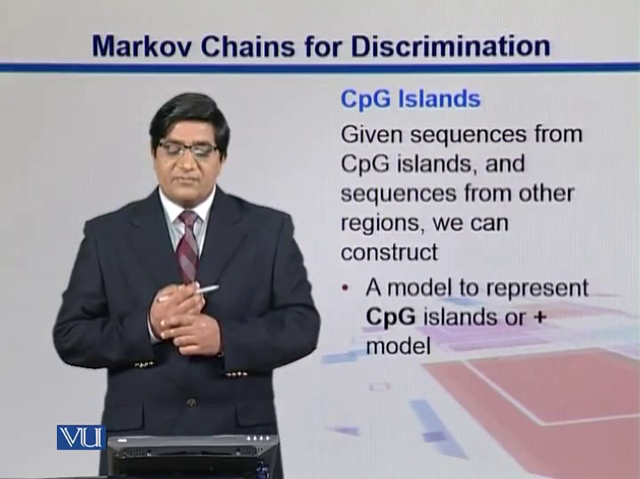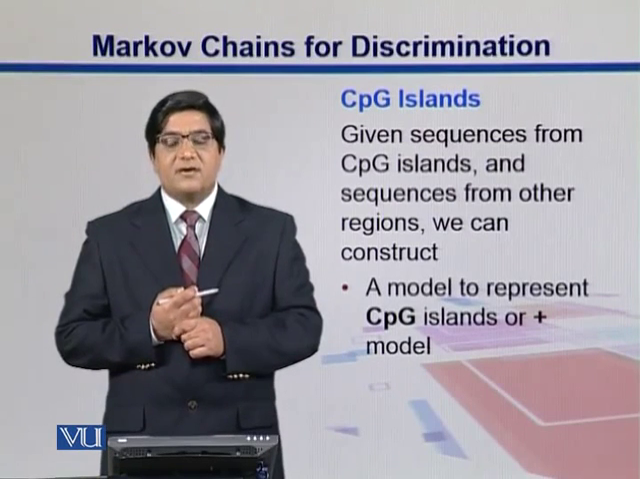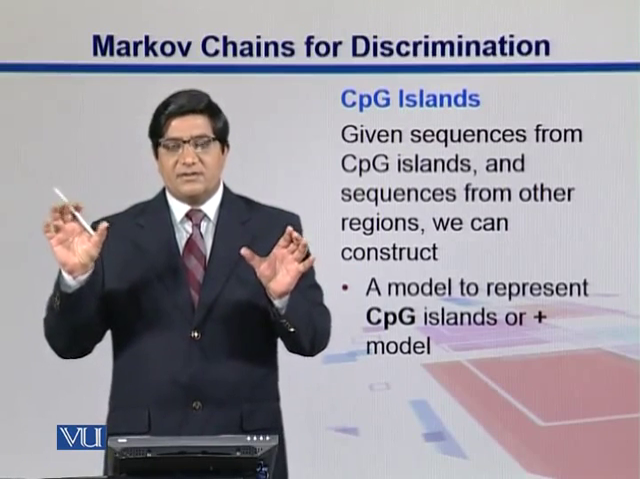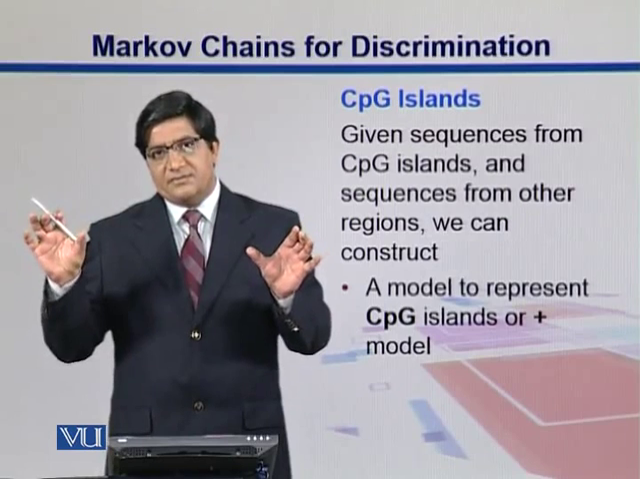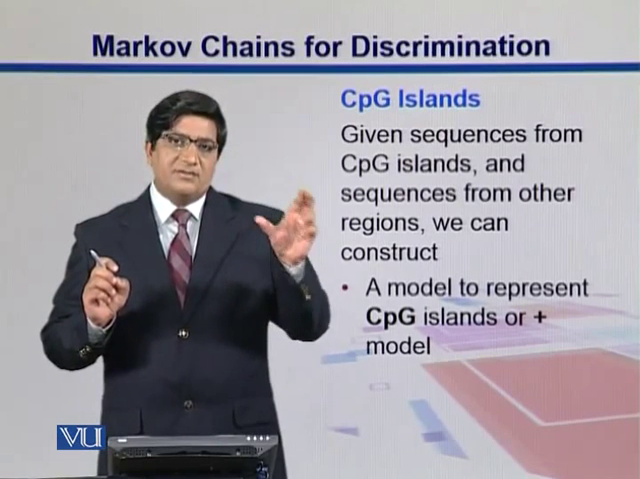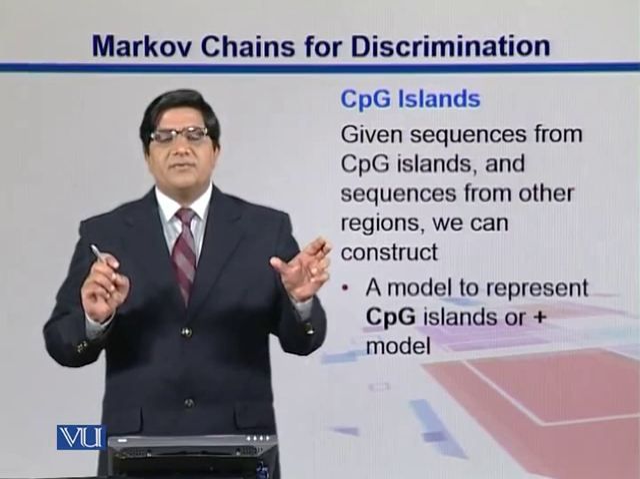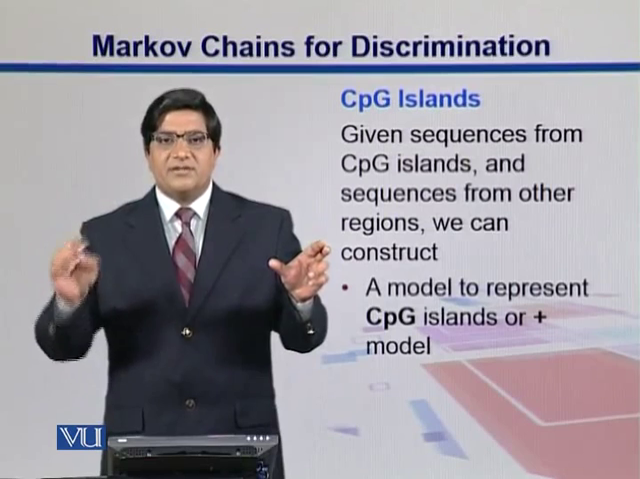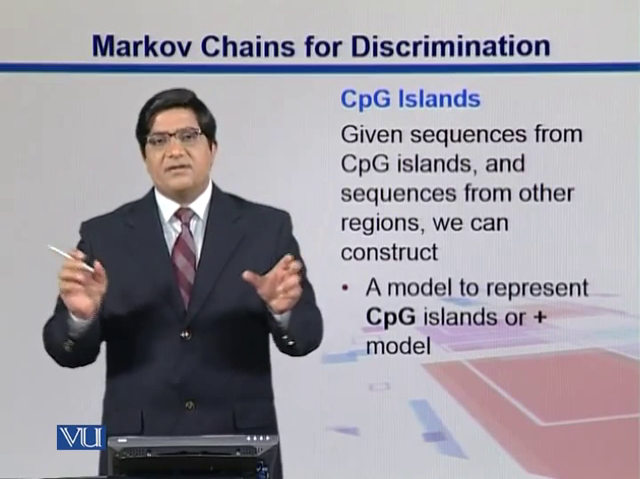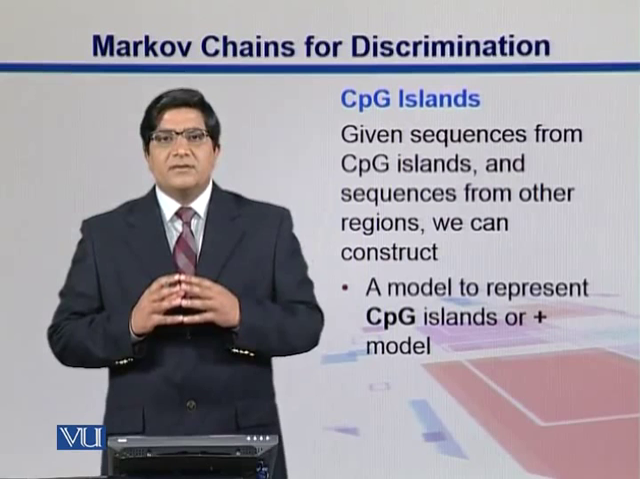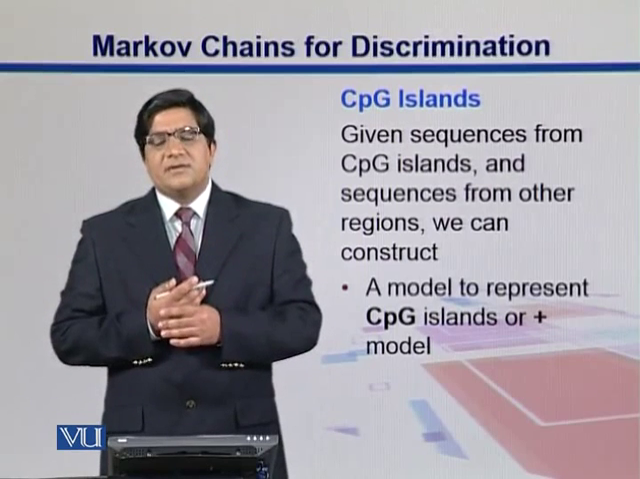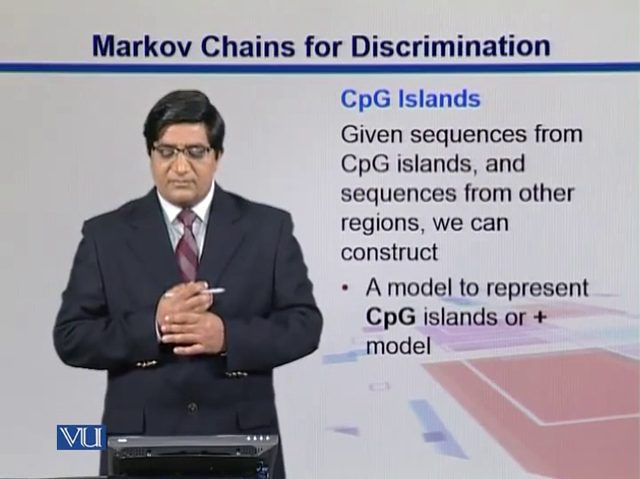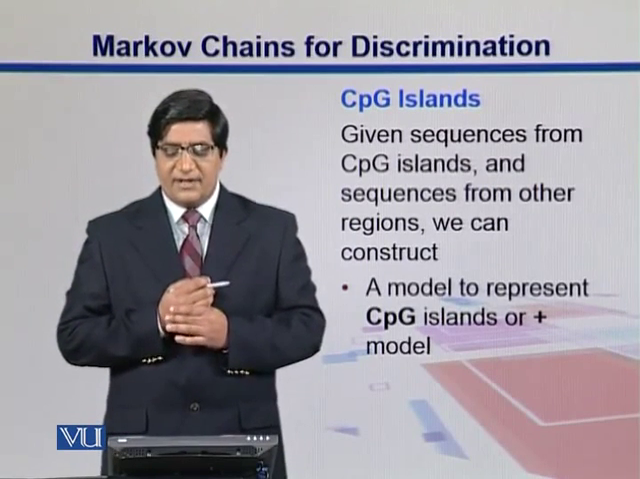Given sequences from CpG islands and sequences from other regions, so we take sequences from the intergenic or non-coding regions, and in the same way we take some regions coming from the genes. We can look into the frequency of C's followed by G's in both of them, and then in the end we can compare them and estimate whether we can find a gene or not. So the model we make here for CpG islands,